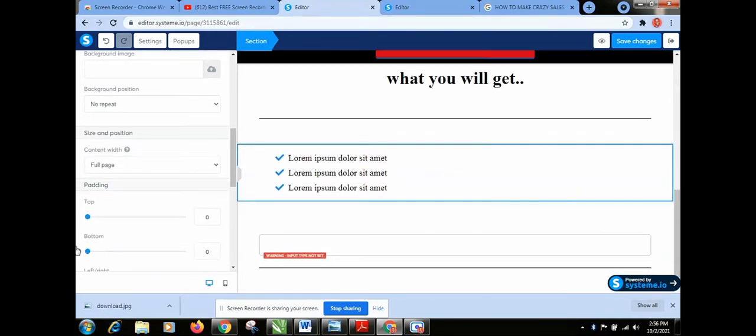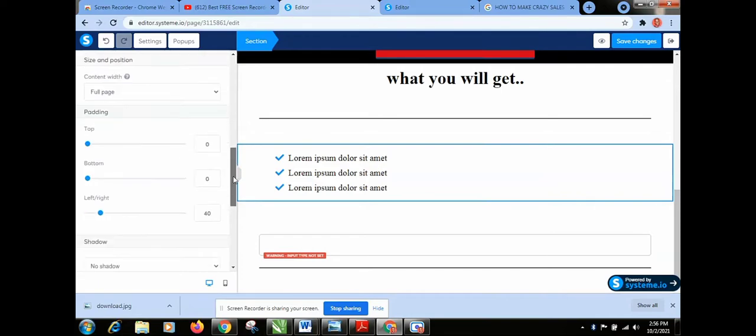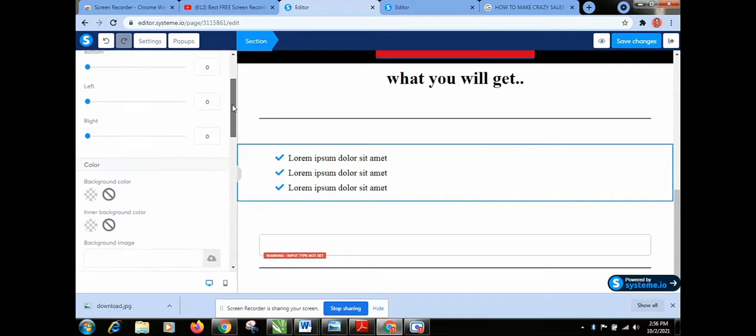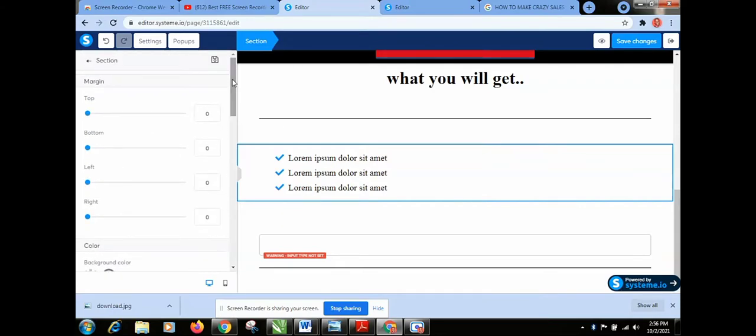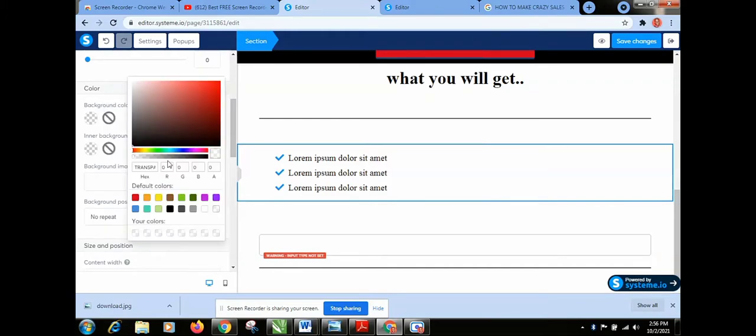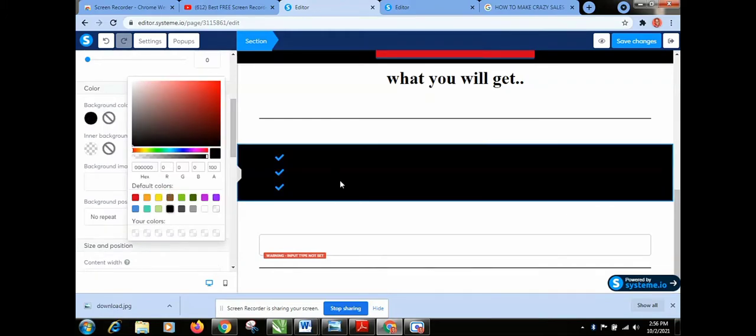Same thing with this one as well. So meanwhile, okay, yes, I'll go ahead and change the background. Meanwhile, if you're designing with